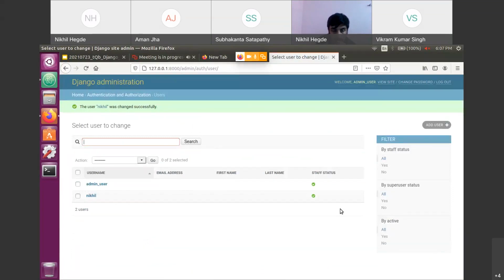And once I'm authenticated, Django will check whether this user has access to log into the admin panel or not. This checking of the permission, this whole process, is called authorization. So I hope now you are clear about the terms that I mentioned in the slides a few times ago. So this is the actual process of authentication and authorization. Okay. Now let's move to the next topic.